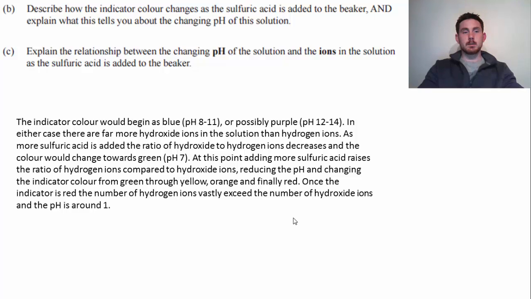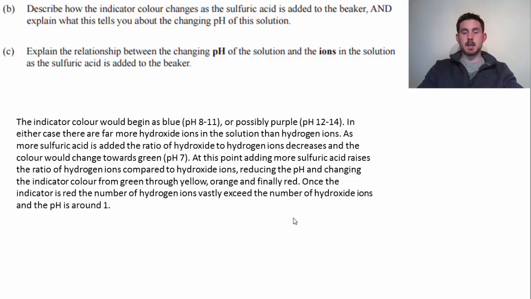As we add sulfuric acid to the beaker, what we're doing there is adding more hydrogen ions, so the ratio between the hydrogen and hydroxide is becoming closer and closer to an equal number of hydrogen ions to hydroxide ions. Eventually, we might reach a point where we've had neutralization, and that would be a pH of 7. If we were to add more sulfuric acid past that point, then we would have more hydrogen ions than hydroxide ions,